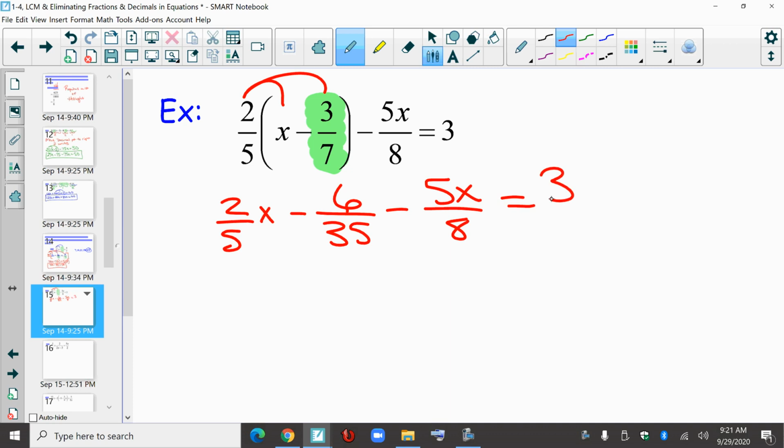Okay, now this is going to be a little bit nasty, and the reason why this is a little bit nasty is because 35 is our largest number up there. So we need to find factors of 35 that are divisible by 8. Well, the best thing that I can do there is to tell you to take 35 times 8, and that gives you 280. It may not be the smallest, but we do know that 35